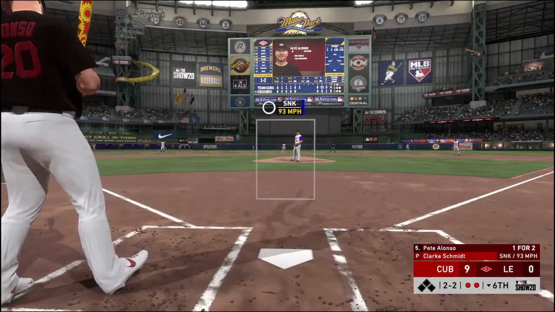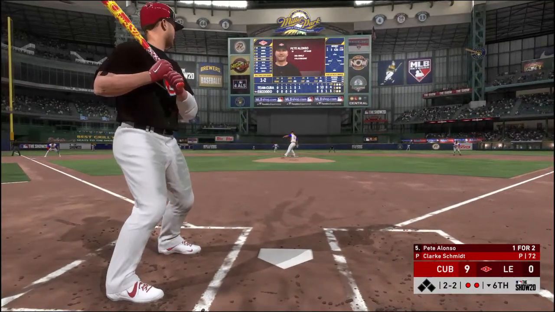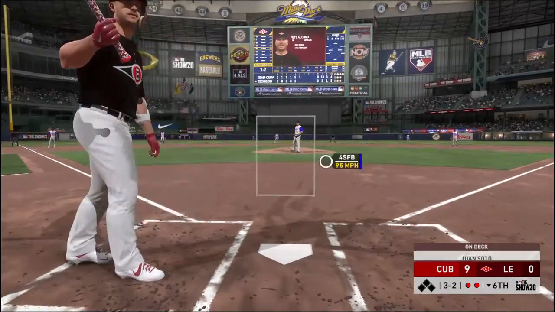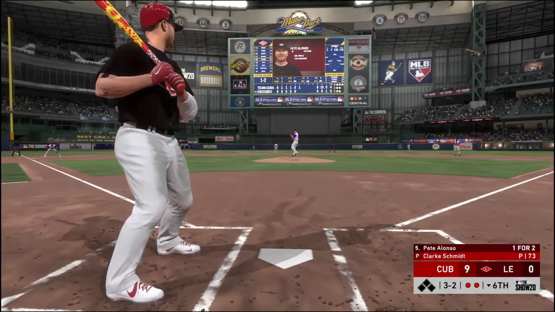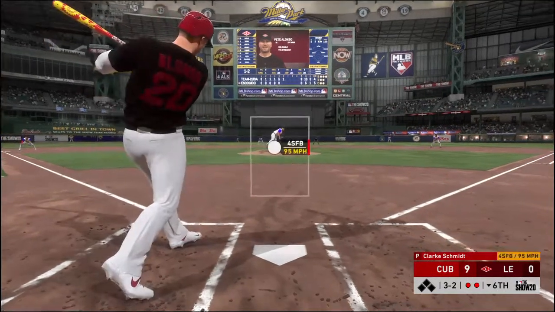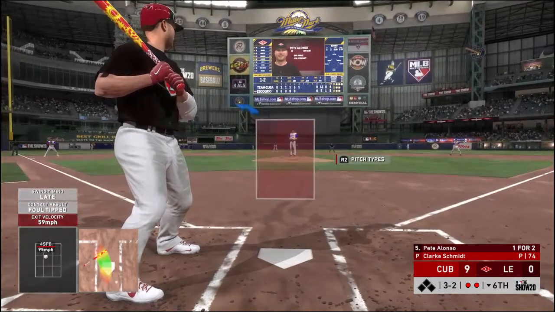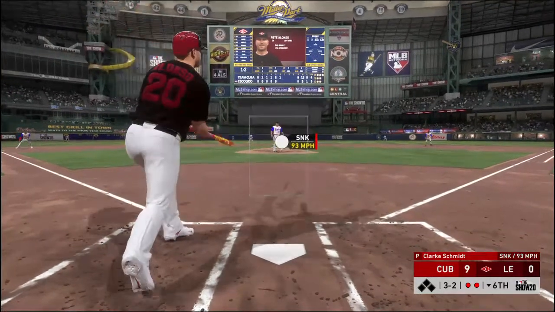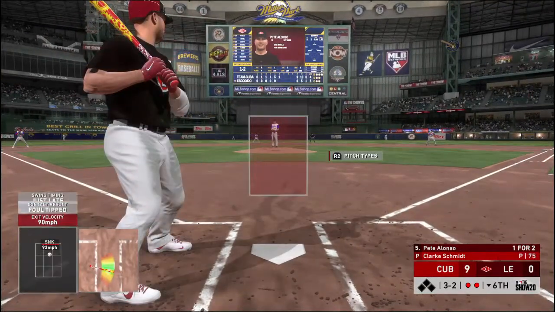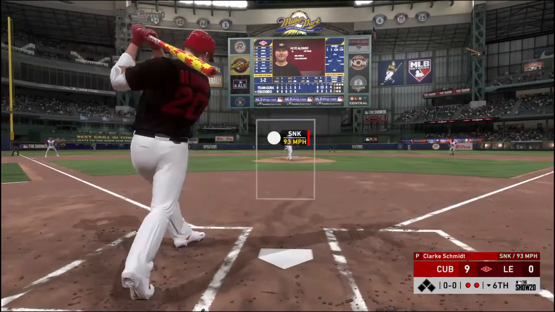Nope. Hard sinker misses. 2-2. I got the count. 2-2. And they're working the outer half here, but that one's wide for ball 3. Got to be frustrating for the guy out on the mound, trying to get out of this inning. Had him down 0-2, and now he's worked the count back full. Still 1 pitch away from sitting in the dugout. And it's fouled away. 8th pitch of the at-bat coming up. On the 8th pitch of the at-bat is the one that finally...